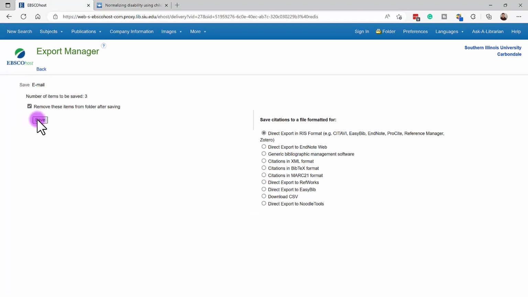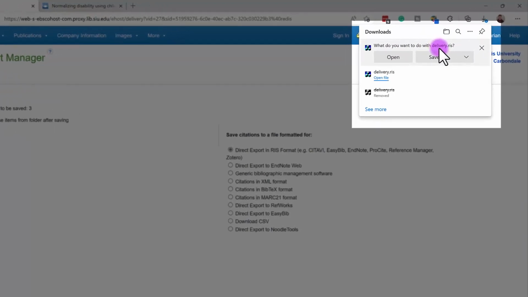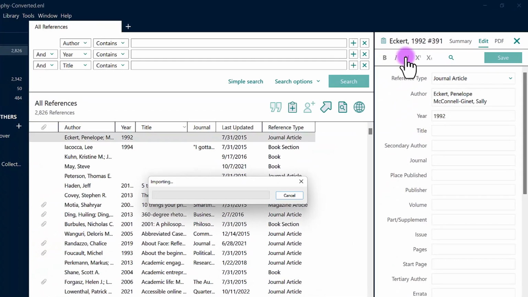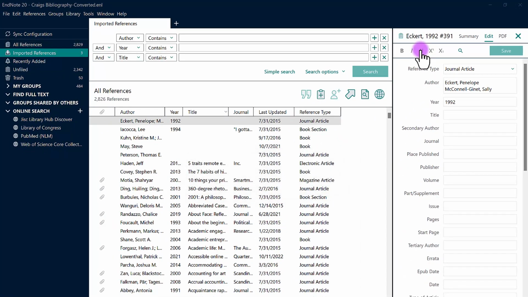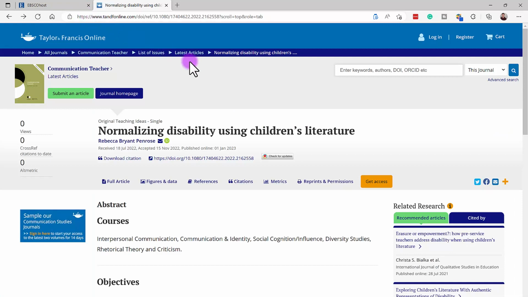Now what I'm going to do is click save. It is now going to say, what do you want to do with this? You can save it. I'm just going to open it because I really don't care to keep this on my desktop. It's going to import them into my citation manager. Now I will be showing you how to go about organizing files and how to use this tool in an upcoming video. Let's go ahead and go back to the browser though,